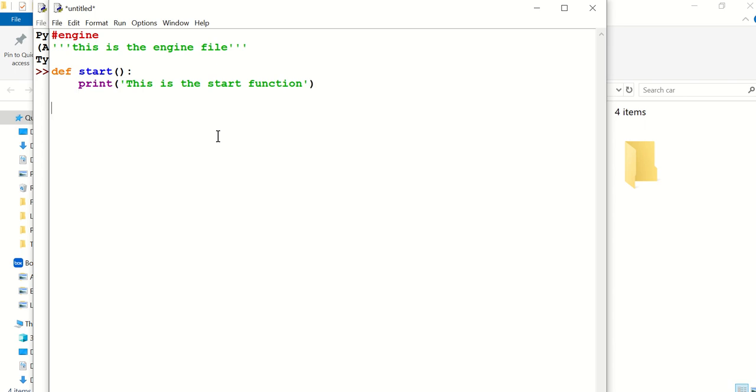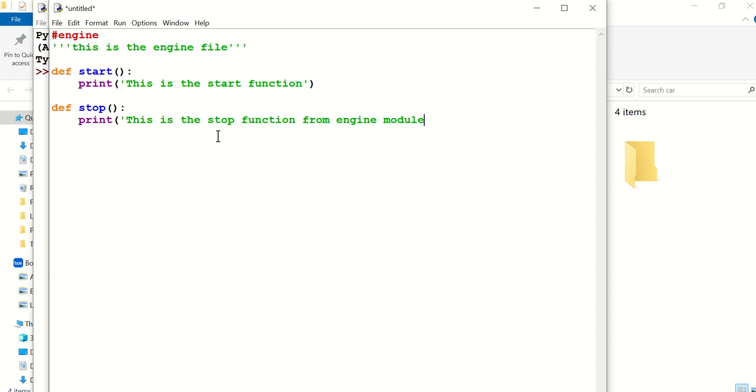Okay, def stop. Print: this is the stop function from engine module.